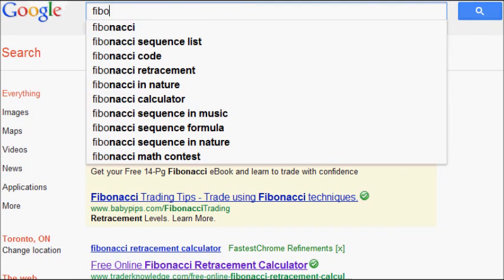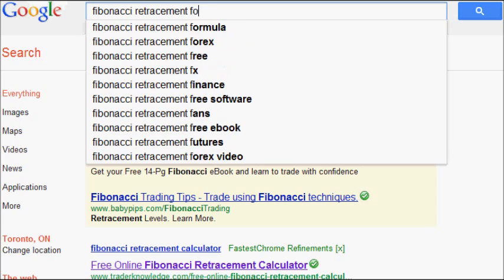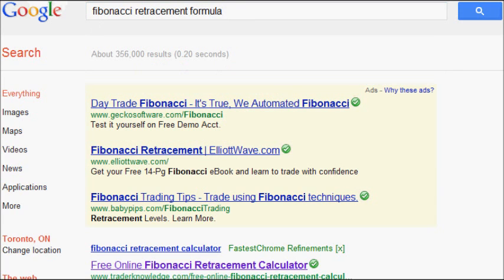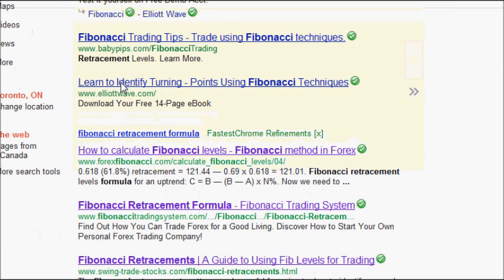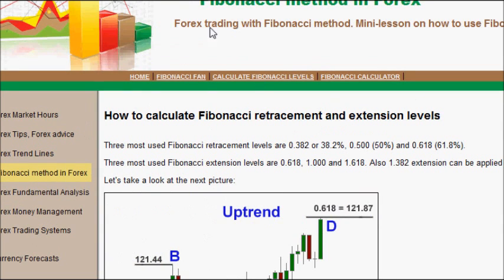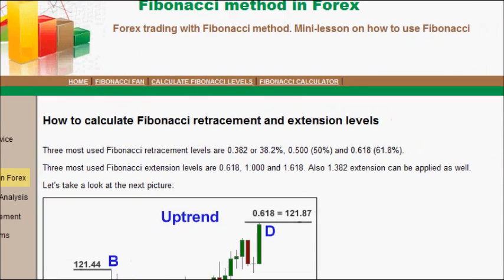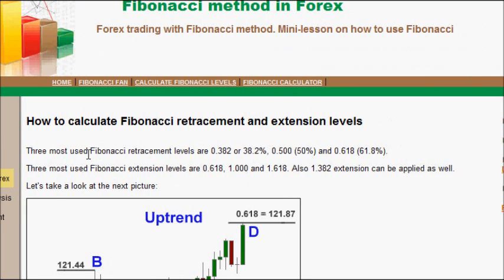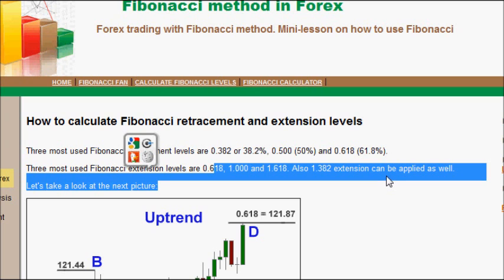So now if I type in Fibonacci retracement formula, say you were just wanting to get the formula from it, normally when you do a Google search, you're going to find the answer. So I'll just go right to the number 1 page that we find. 3 most used Fibonacci retracement levels are 38.2%, 50%, and 61.8%. Now that's true, but I don't know why those would be the 3 most used. The 3 most Fibonacci extension levels are, once again, I don't know why these ones are used again, but